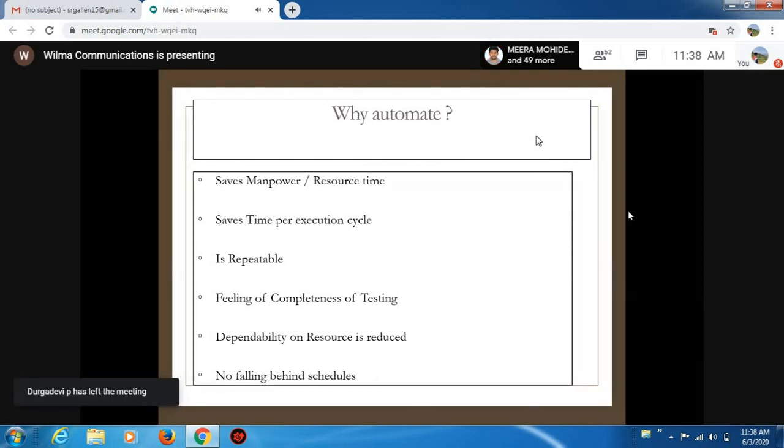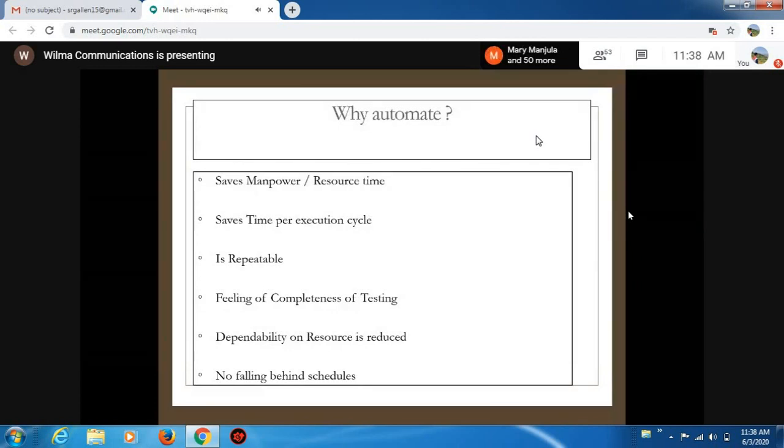You can see that much time it will work. For example, an ATM: you can insert your card, n number of times, n number of users in a day can access the machine and get the cash. The machine won't get tired, but if it goes manual, definitely a human being will get tired. So when we are doing a repeatable job, to overcome that problem, we can go for automation.